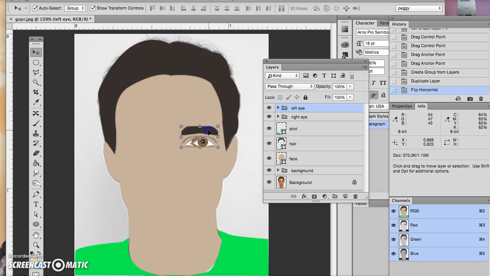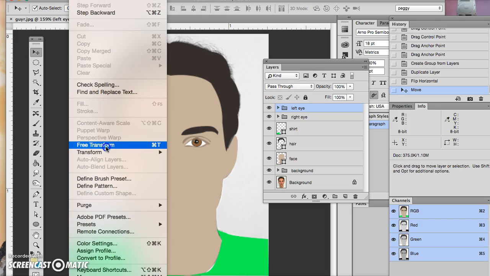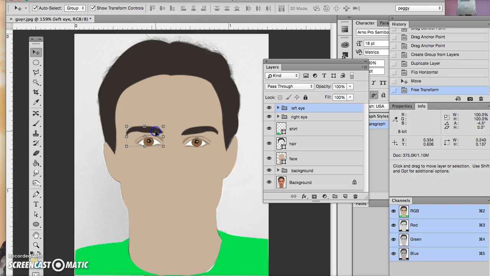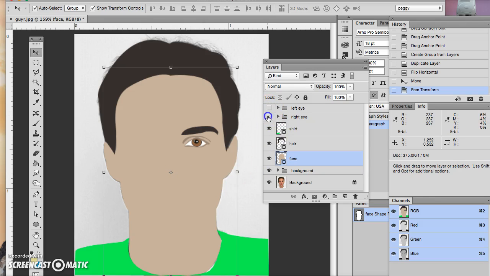And then if I take my Move tool and move it over, see that I can move it over as such. And then I can just go to Command T, which is also Edit, Free Transform, and I can rotate it until I get it to look more natural. Okay, and then from here I go ahead and I'm ready to start my nose and the other features of